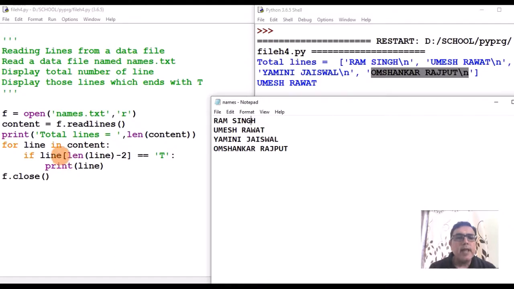You write line, square bracket, index 0. The 0th character is the first character in the line. If it is A, you display that line. If you have been asked to count, you put a counter variable count and increment it by 1. So try other questions based on reading characters, words and lines.